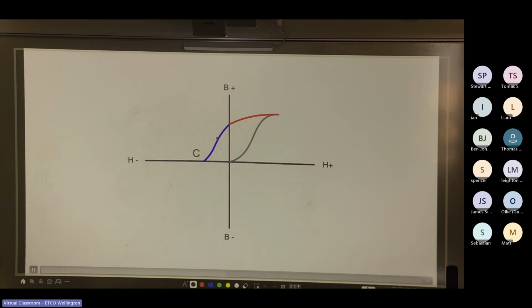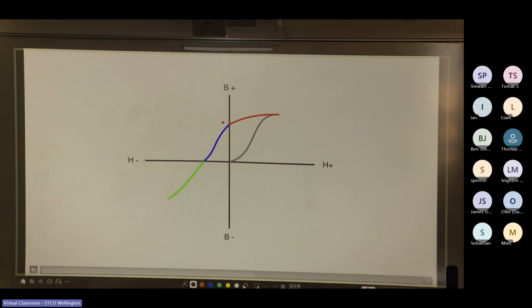Now, if we somehow just kept this magnetizing force going, it ends up creating another line like this, but an inverse line in this direction. So you see that it keeps going until it hits that saturation point again, but in the opposite direction. And then the same thing follows. So it's going in the opposite direction, and we realize that we've left the magnetizing force on in the opposite direction. If we turn that off,